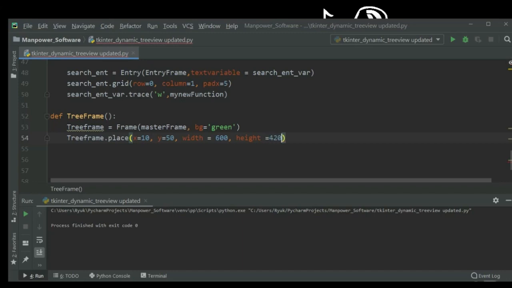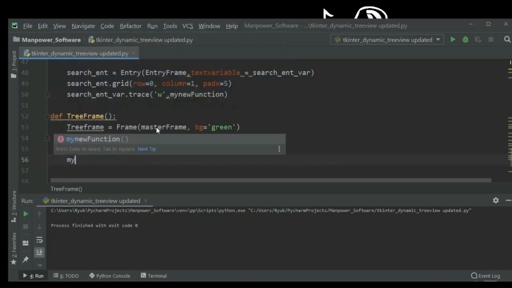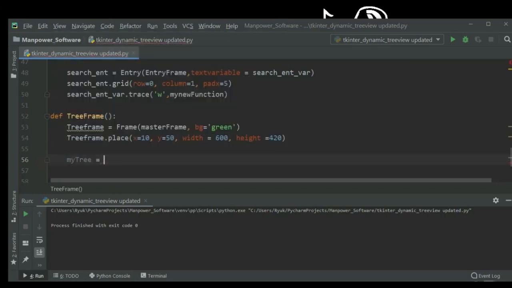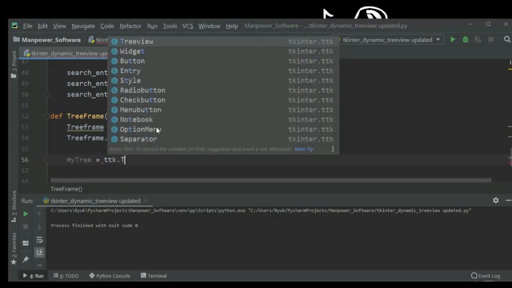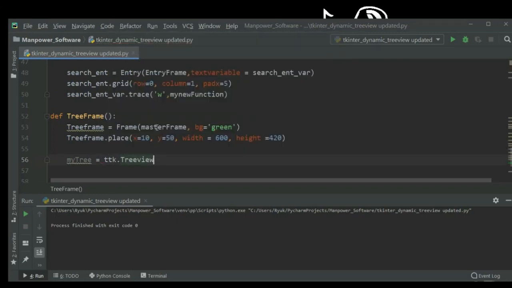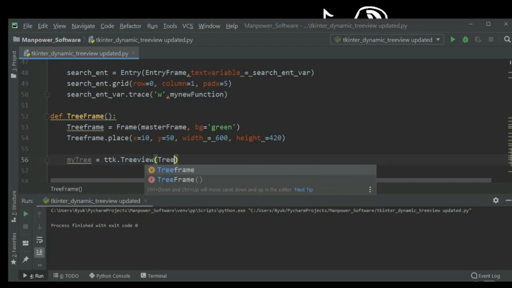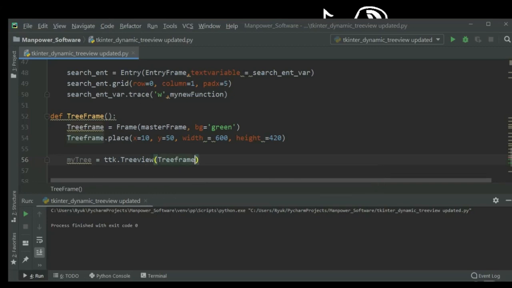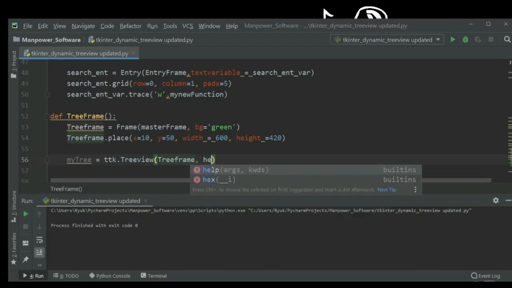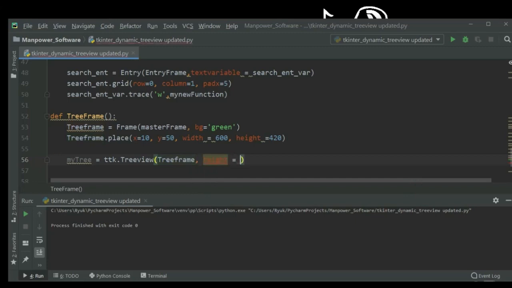Okay, the actual tree widget is going to be in here, so I'm going to call my tree equals to ttk Treeview. Yeah, we have the Treeview over there. Tree frame, it's going to be in the tree frame, and the height would be like the same as 700. Doesn't really matter what you put in here, but